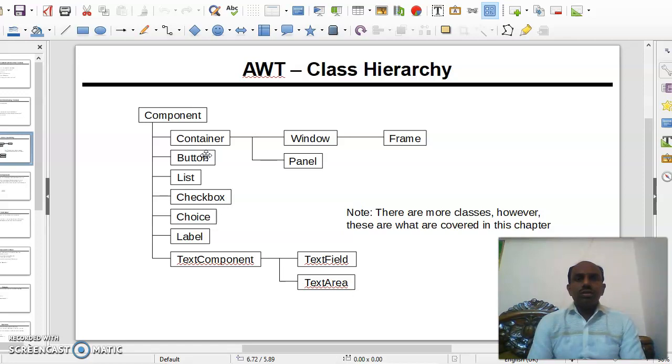After Container there are other child classes, Window and Panel. These two are the subclasses of the Container class, but the parent class of this hierarchy is the Component class. After Window there is another child class called Frame. These AWT components are seen one by one in this PPT. Note there are more classes, however these are what are covered in this PPT or in this session. Next one,